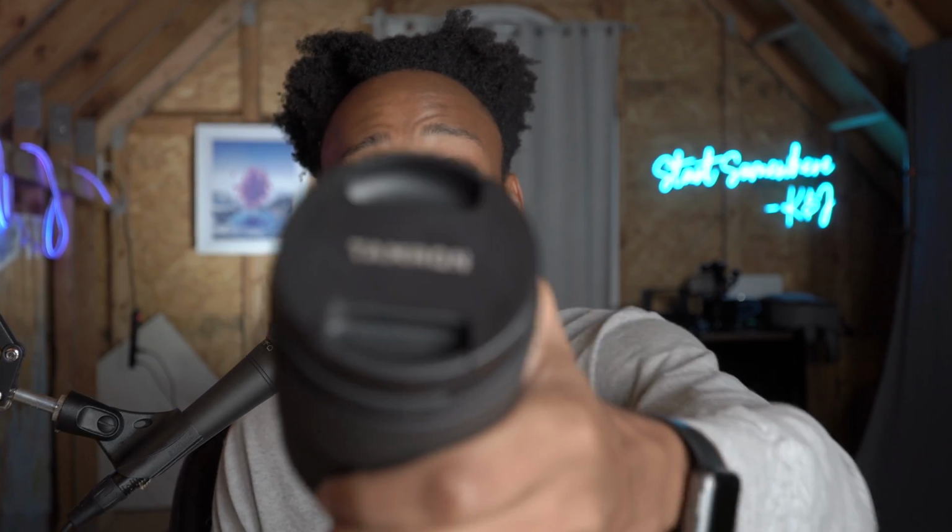People complain about that when they want to get super cinematic shots, but if you put it in slow-mo, you can slow down that focusing, okay? So if you're shooting in video mode right now, it's gonna happen super fast, super quick, but I love that about Tamron's images. A little bit of vignetting here on the corners if you guys see,